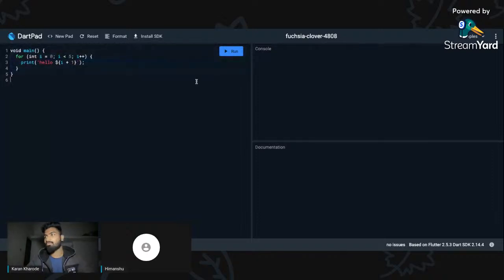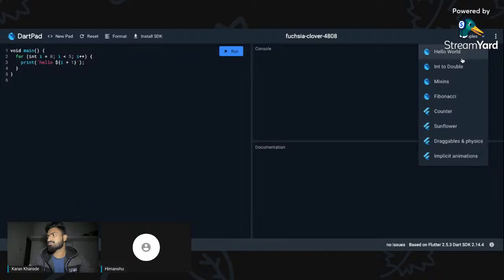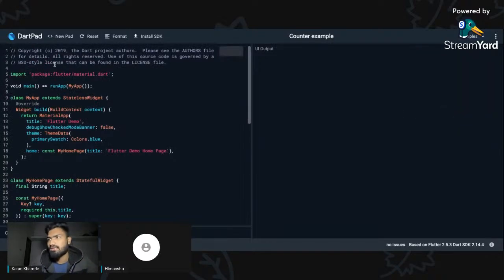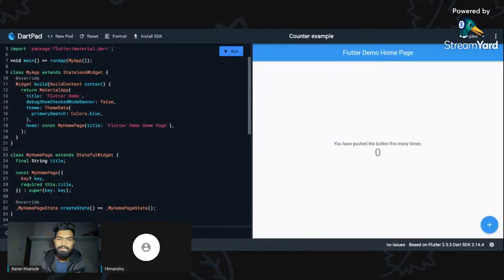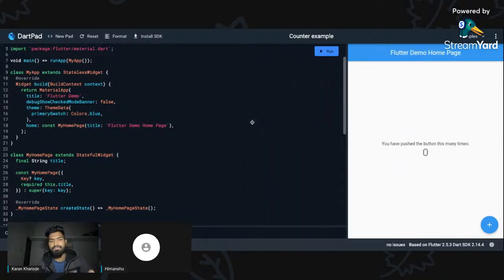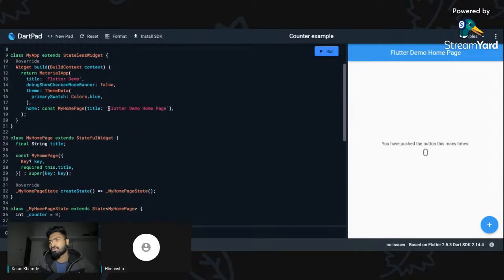In the same way, we can switch the code panel from here and introduce this counter app here. This is the Flutter code, and the particular code is used for running an application. You can see the application is right here. This is called the demo app or the counter app. This is the basic default app that comes with a freshly created Flutter project. So what is this? This is an online IDE called Dartpad. You can edit the code here. So if I write here,